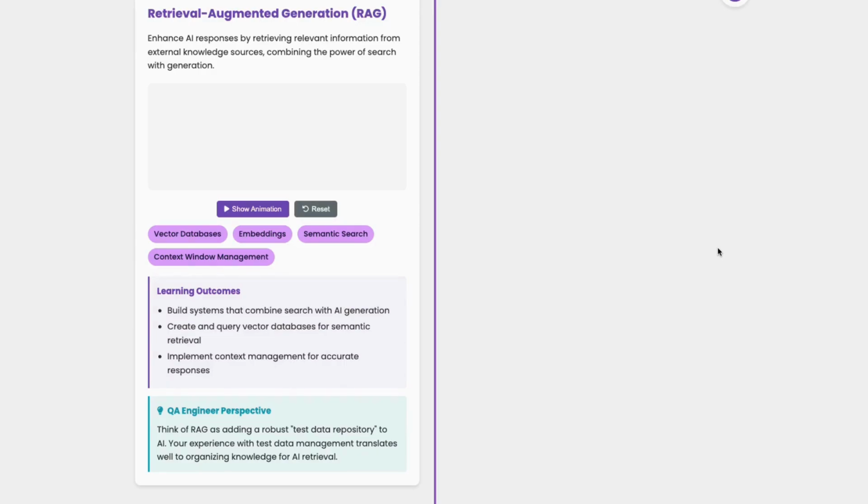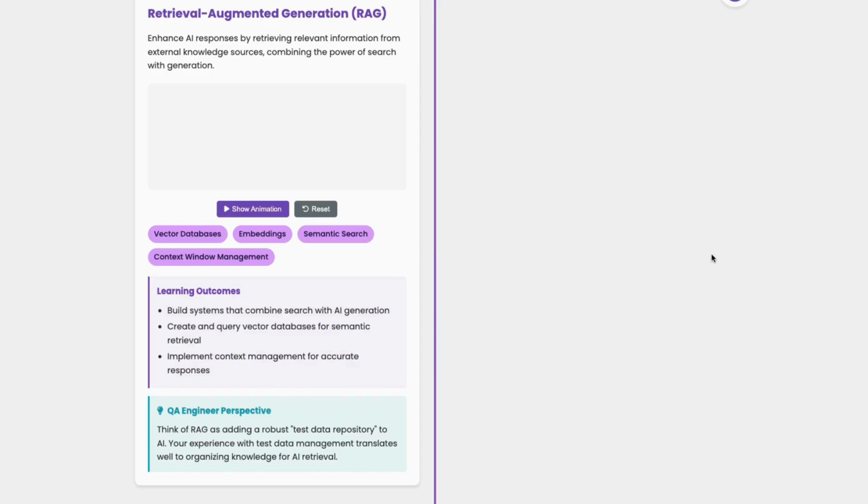Whatever is available in the AI that is publicly available, like ChatGPT or maybe Gemini, is public data, but for the data which you want to keep within your control, and you want to use the AI to communicate with it, we have to take the help of RAG, that is